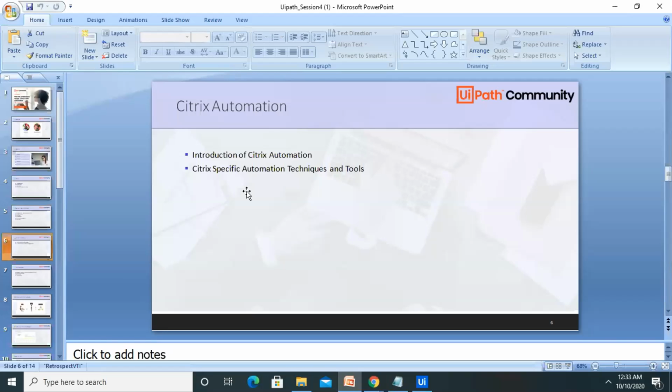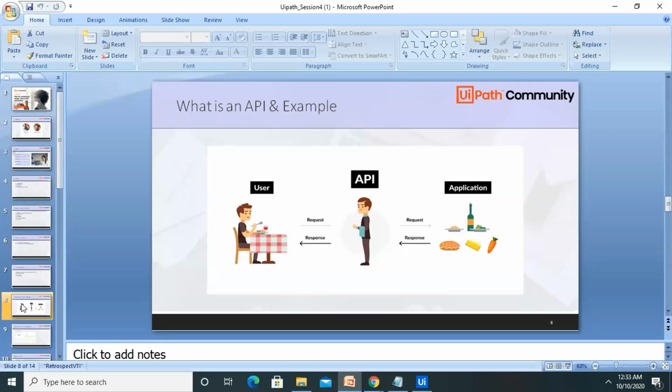For creating a virtual environment, as I already said, we can use a personal system. We can definitely use TeamViewer or any other tool to connect from one place to another, so that we make the other system a virtual one. So this is all we have covered on text, image and Citrix automation. Any questions, we are happy to address them.